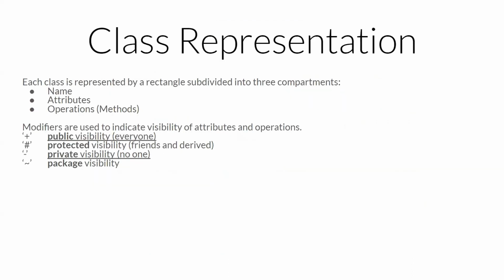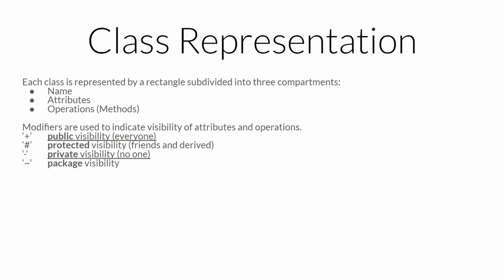As you can see, each class is represented by a rectangle subdivided into three components: name, attributes, and operations, which are also known as methods. Also, modifiers are used to indicate the visibility of attributes and operations. In such a way, they can be divided into public,